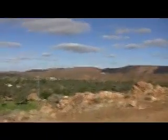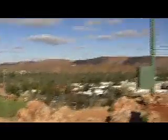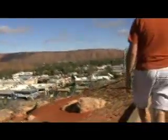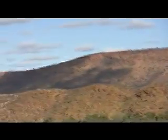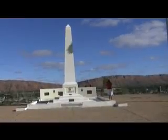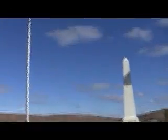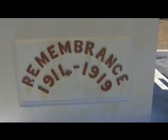Yeah, pretty spectacular. And there's Alice down there. The monument was originally built to remember those who fought in World War I. But they're also including Korea,